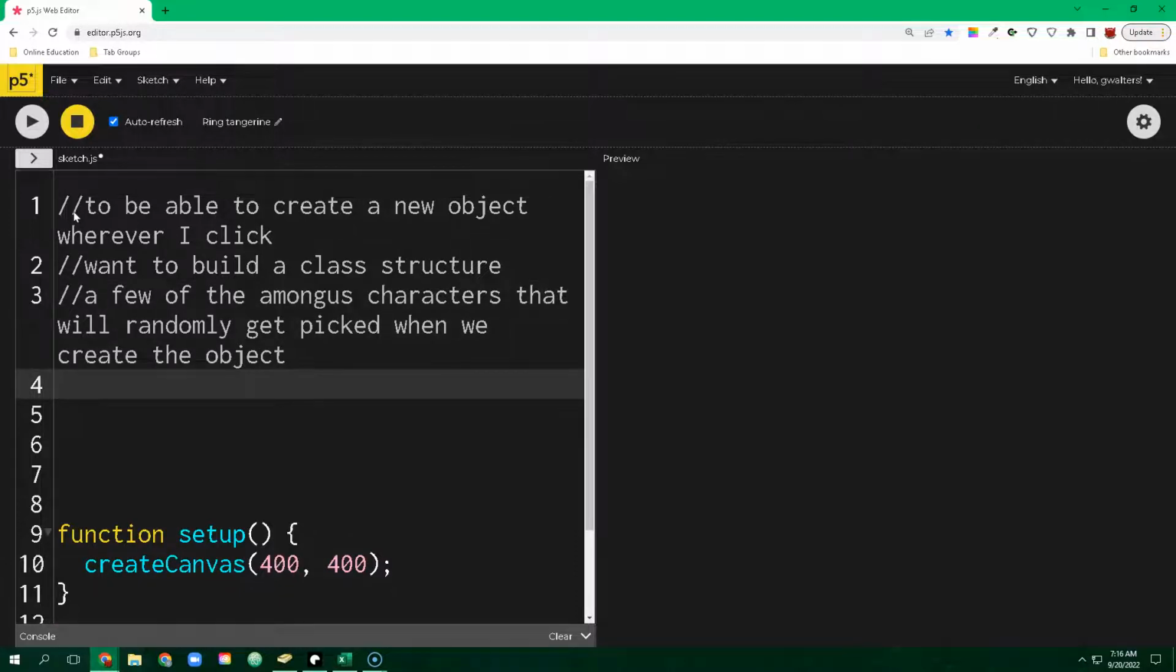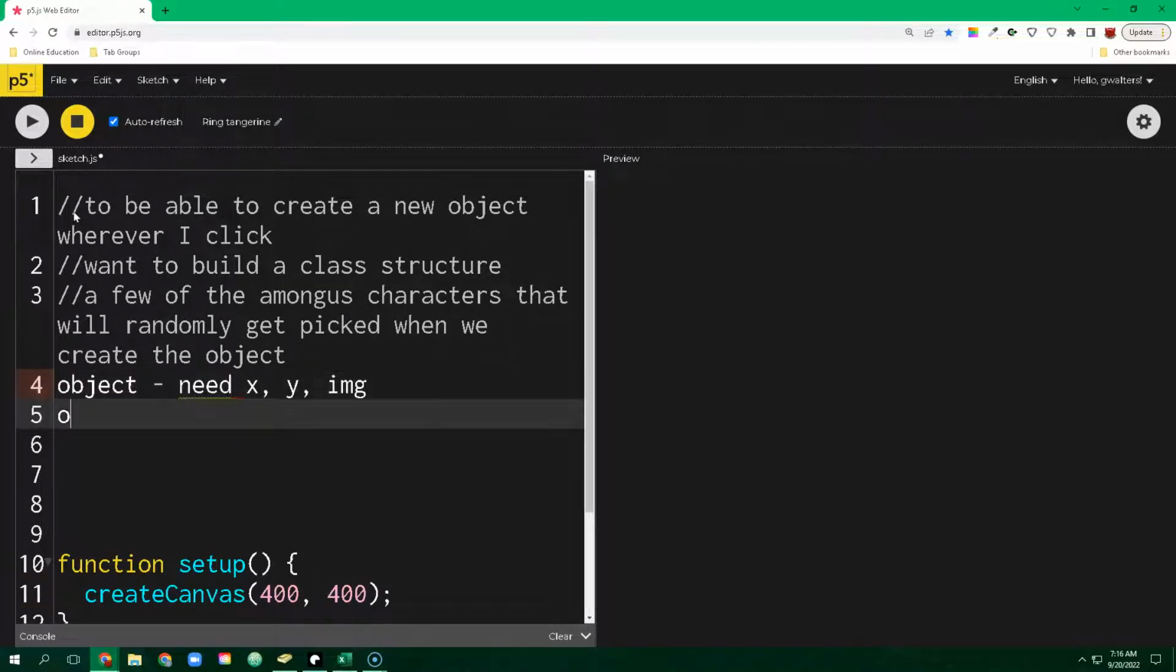So let's think then in terms of the object. The object, this Among Us character, we're going to need an X, a Y, and the image. The object's going to need a couple more things. Now, what I wanted to do when we create this object, instead of it just placing it,